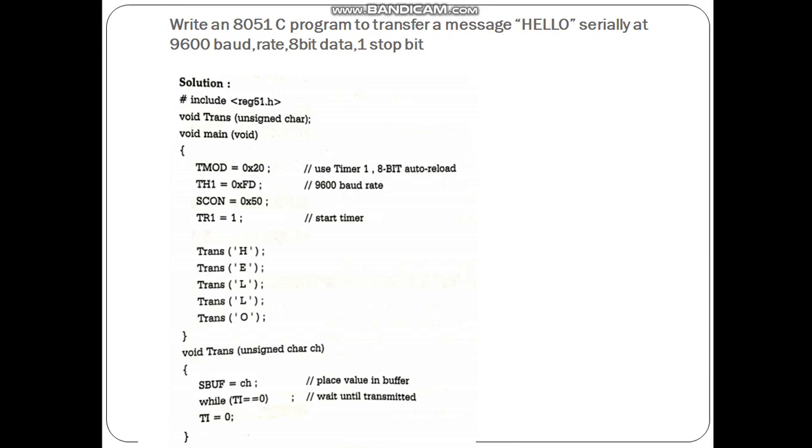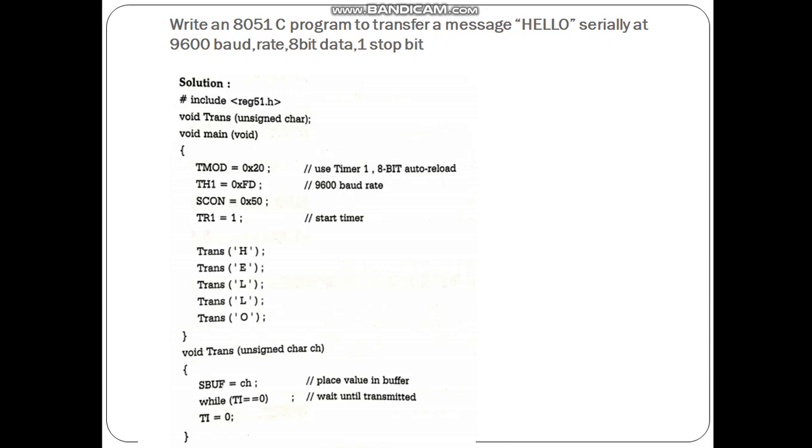Then the function has to be declared. Function name is trans, and we are using a character ch. Void trans unsigned char. Then coming to the main program, the TMOD, TH1 and SCON registers have to be loaded.